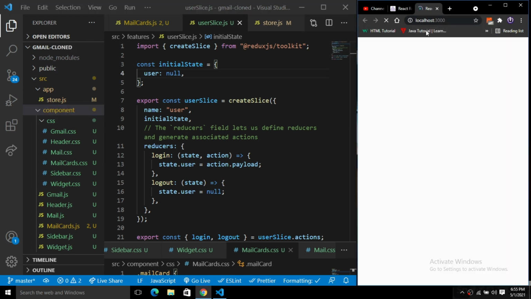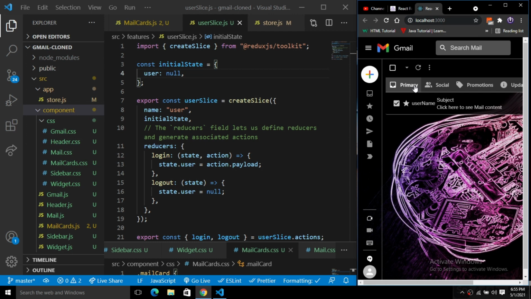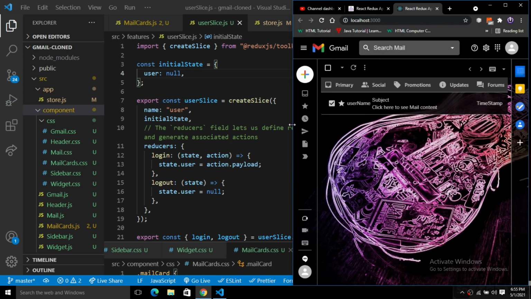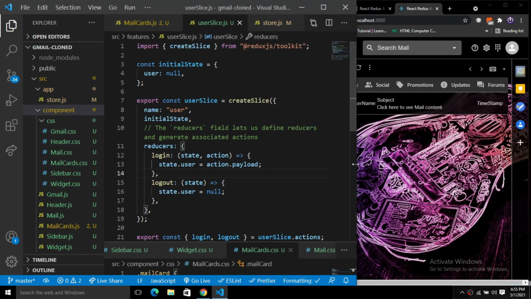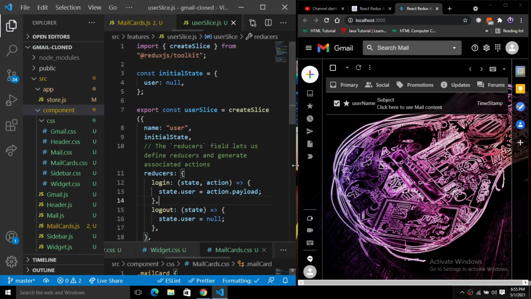If you see in the deployed version, I will show you on my localhost. Basically this is the application. It is not user authenticated right now. So we want this to be user authenticated, using our Redux here. How will we do this? Just pay attention to what I'm going to do here. We have all these things here. Okay, so first of all I have to log in here. So how will we log in?